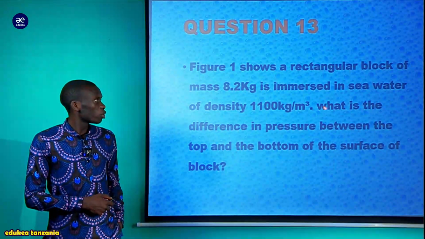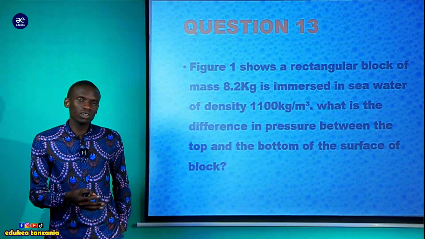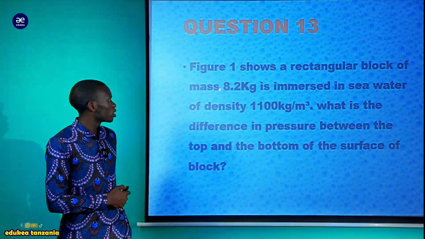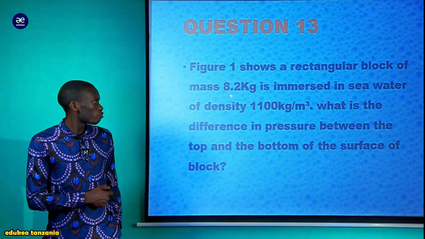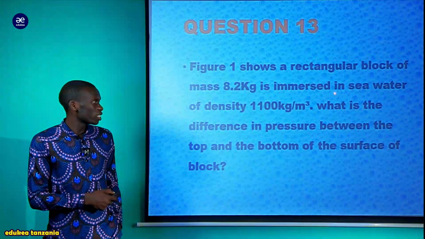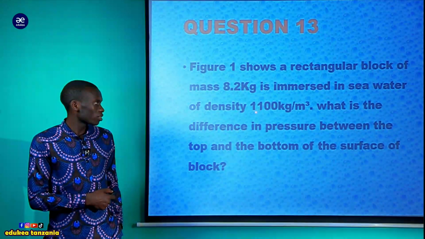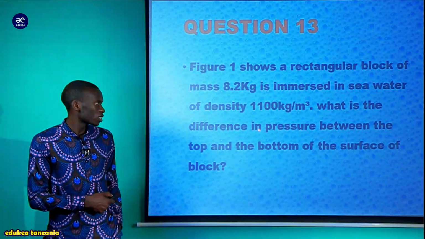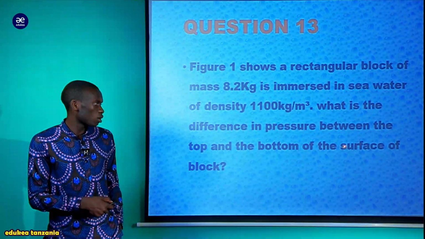In this session, we'll proceed with question number 13. If you see, there are some questions in the previous sessions, so you have to see. The question states that figure 1 shows a rectangular block of mass 80.2 kilogram, which is immersed in seawater of density 1100 kilogram per meter cubed. What is the difference in pressure between the top and the bottom of the surface of